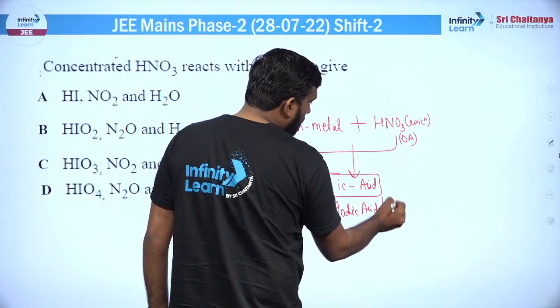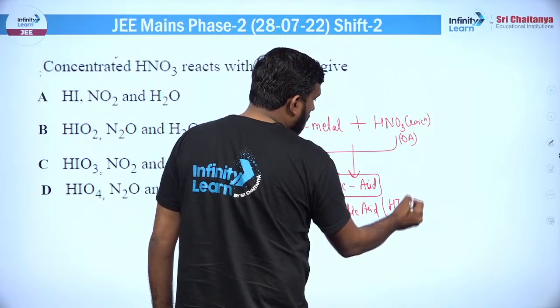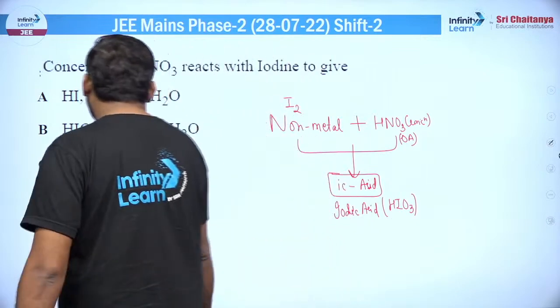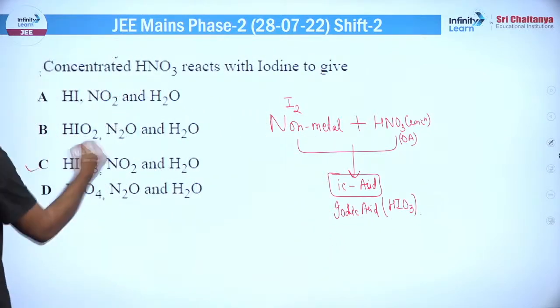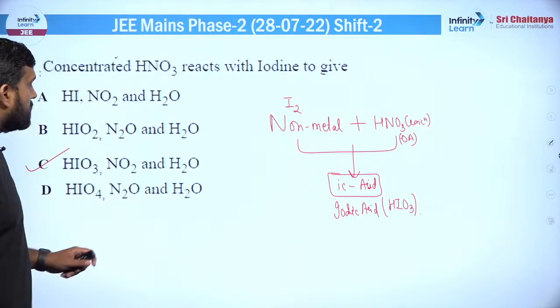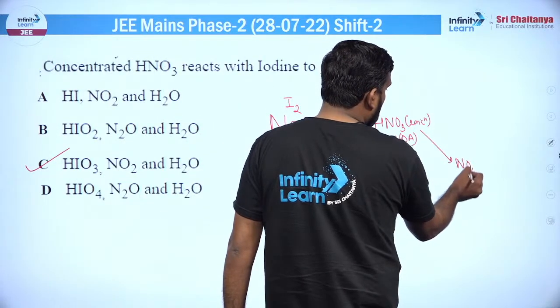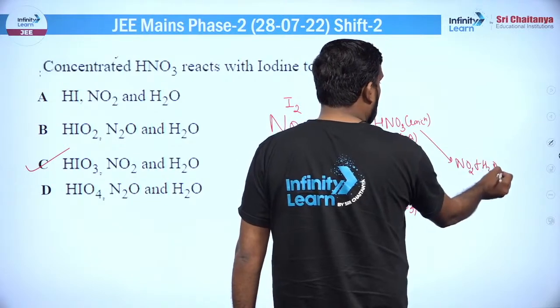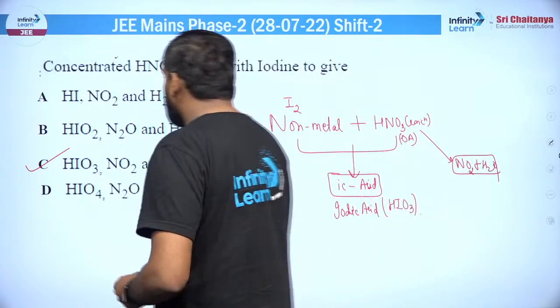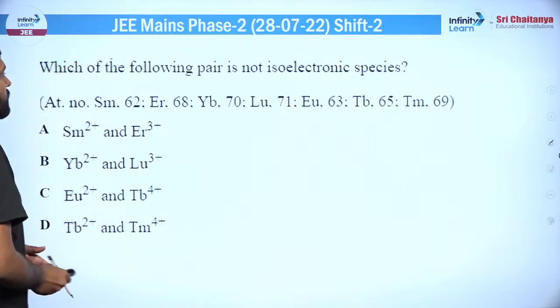एसिड का फॉर्मूला क्या होता है बेटा, HIO3, ठीक है। तो दिस विल बी योर फाइनल प्रोडक्ट, ठीक है। तो ये एक ही ऑप्शन में तो दिख रहा है, ठीक है। तो ये आपका आंसर हो जाएगा। अच्छा, खुद को वो रिड्यूस कर लेता है NO2 और H2O में, ठीक है, तो ये तो पता ही होगा, ठीक है, तो ये आपका यहाँ पर हो जाएगा फाइनल, ठीक है।